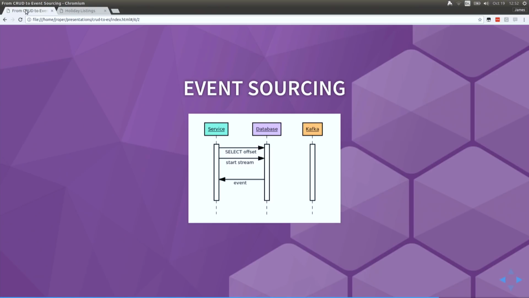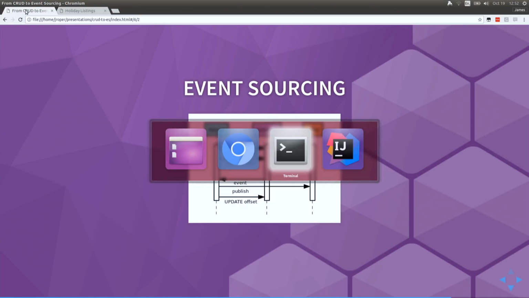At some point in future, you're going to receive an event. Okay, so that reservation added event is going to be given to you, and then you can publish it to Kafka. And having published it to Kafka, you can then update that offset table so that you can restart from that place later. So we can have a look